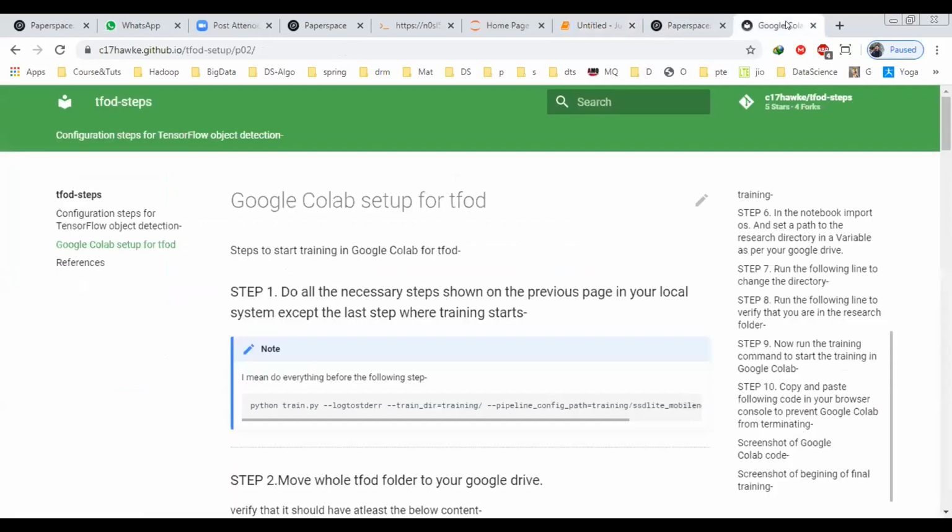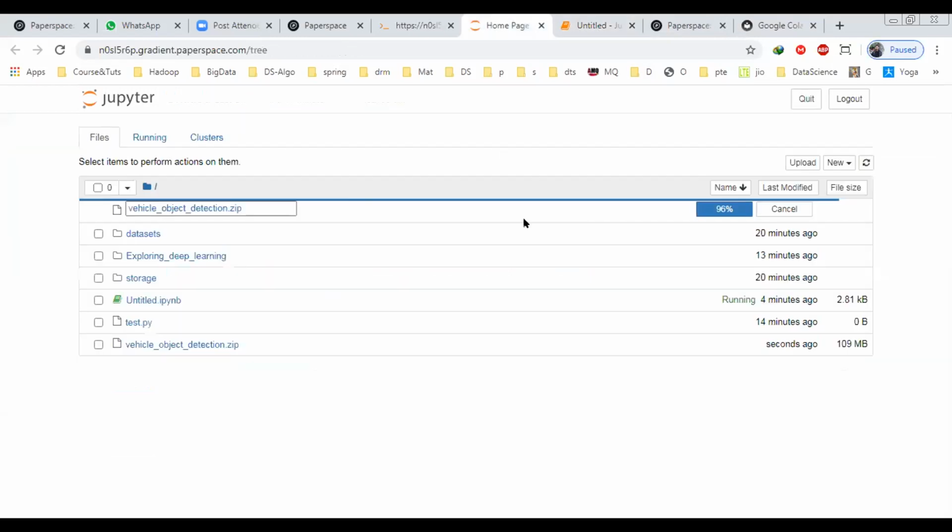You can do it here, okay. And if you find that there is some library which is missing, just install it. You have to do exclamation mark pip install and that library. That's all, everything is similar. Only the part that is different is about uploading the data.